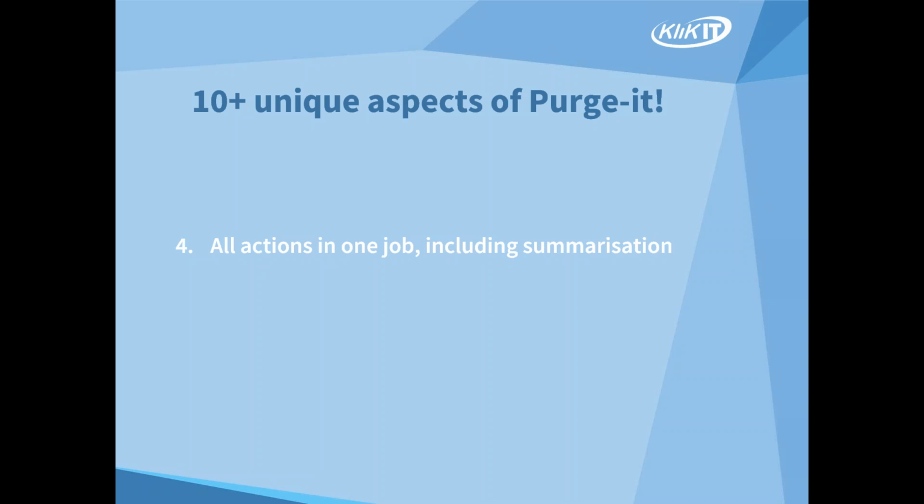All of the actions for the purging and archiving process are carried out within the one job. There's no exclusions to that. There's no let's run a little bit of this and a little bit of that. Everything that needs to be done within the one job is done within the job. So select the data, validate it to make sure it is eligible for archiving. If it is, then you can delete the records from the live tables,